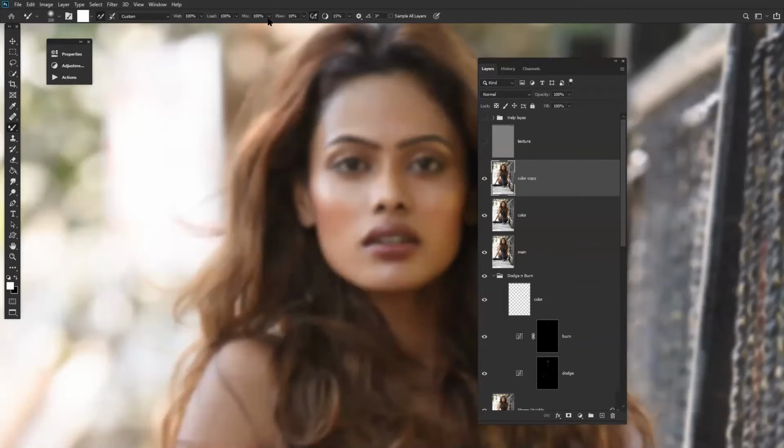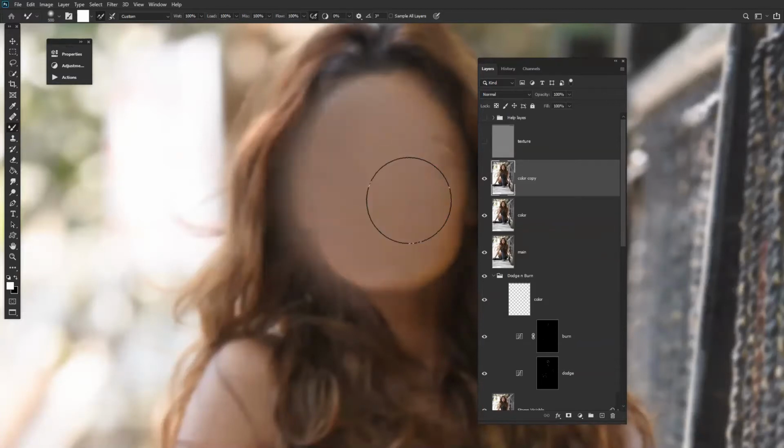Now, if we increase the flow also and we put the jitter to 0, you will see the flow has also increased. Now as I move the brush, it's totally gone. Can you see? It has mixed out all the colors.